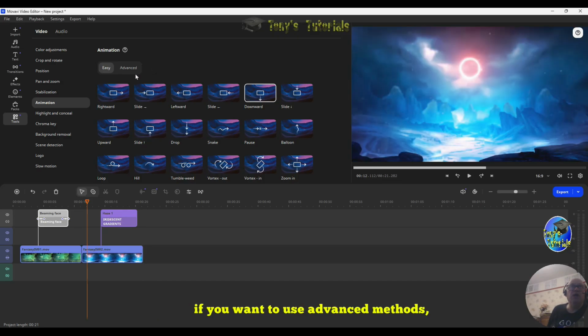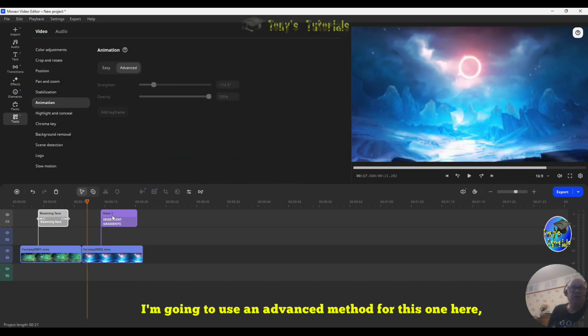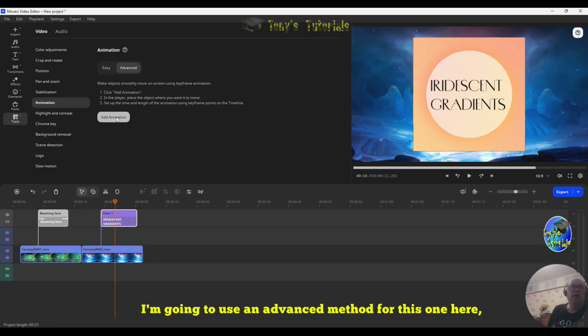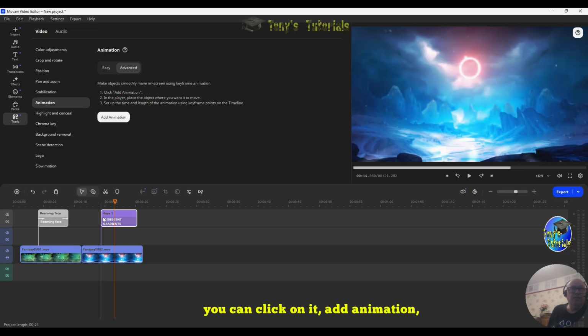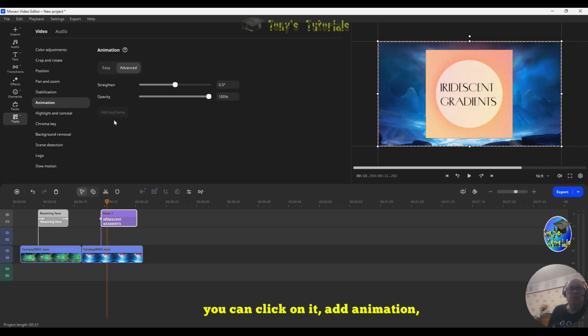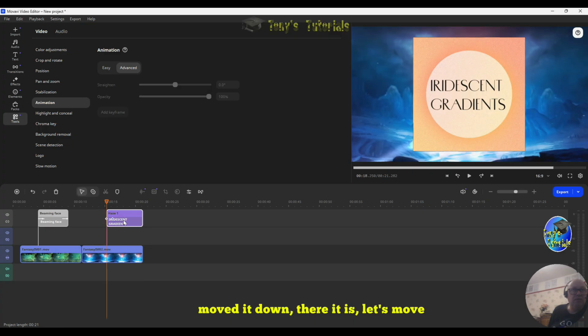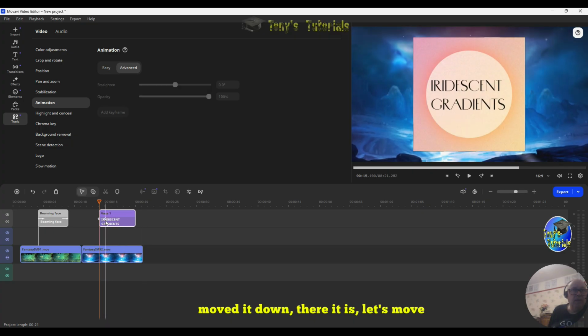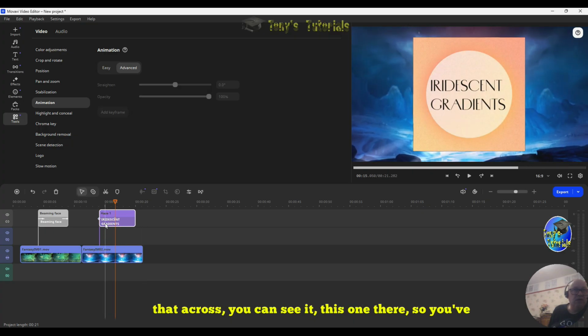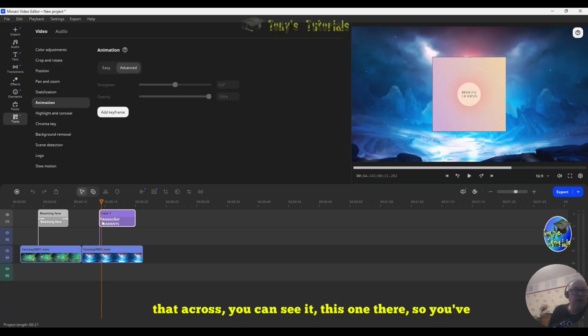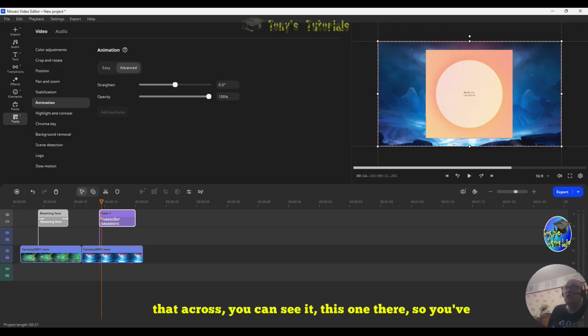Now if you want to use advanced methods, I'm going to use an advanced method for this one here. You can click on it, add animation. So it gives you two. Oops, I've lost it now. I moved it down. There it is. Let's move that across. You can see it. This one there. So you've got two different